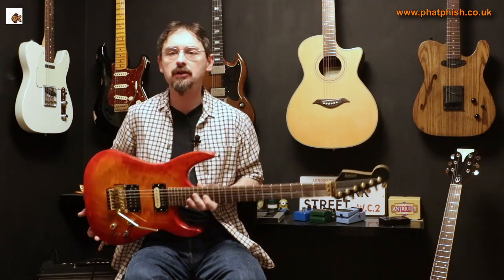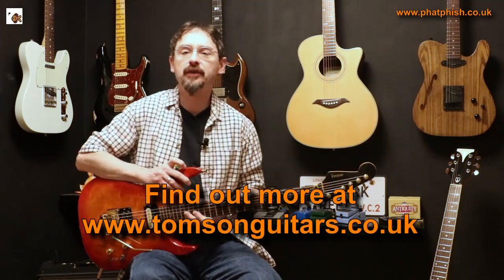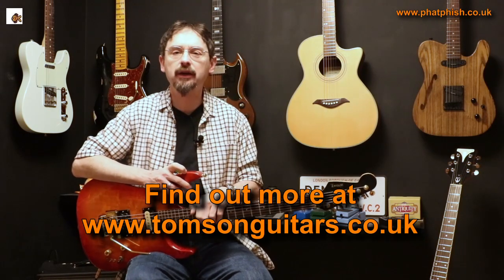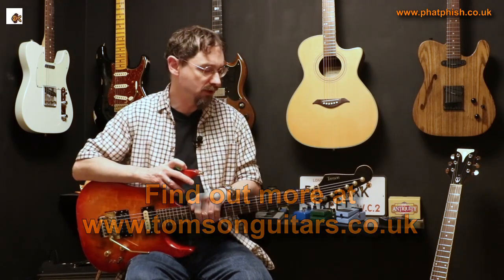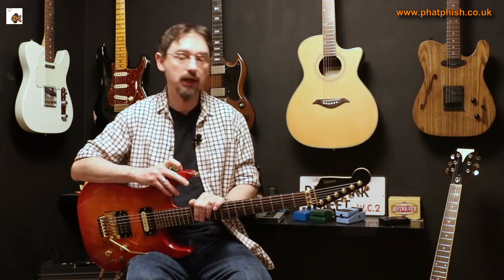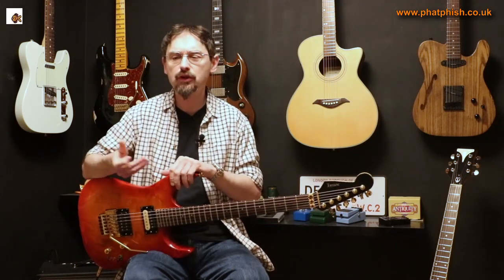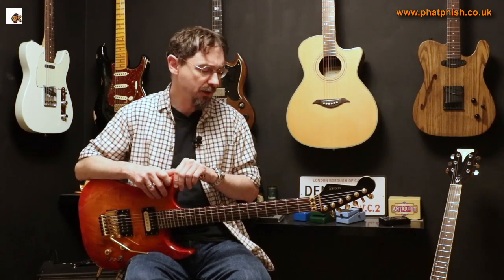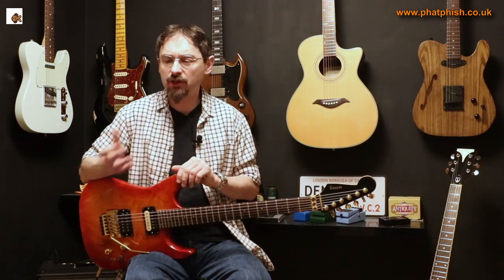This is Tomson Guitars in Wigan in the northwest of England, not to be confused with Tomson Guitars, which is a Japanese company that were making sort of Strat type copies and things during the 1970s. Yeah, this is a modern, well, modern-ish custom guitar from Richie Tomson, who's based in Wigan in northwest England. First met Richie at a guitar show in Manchester, early 90s, and he has some really nice Strats